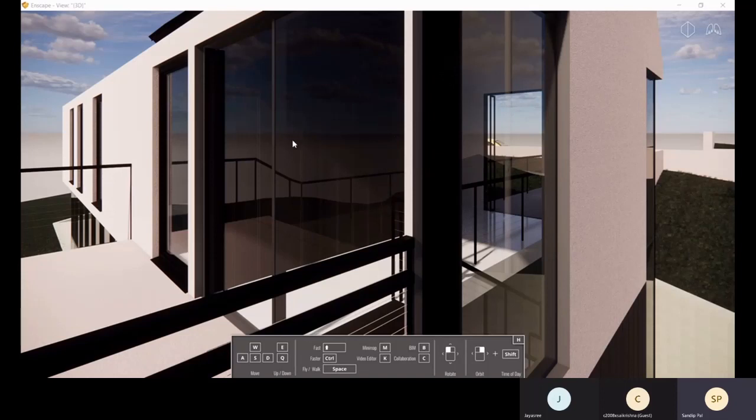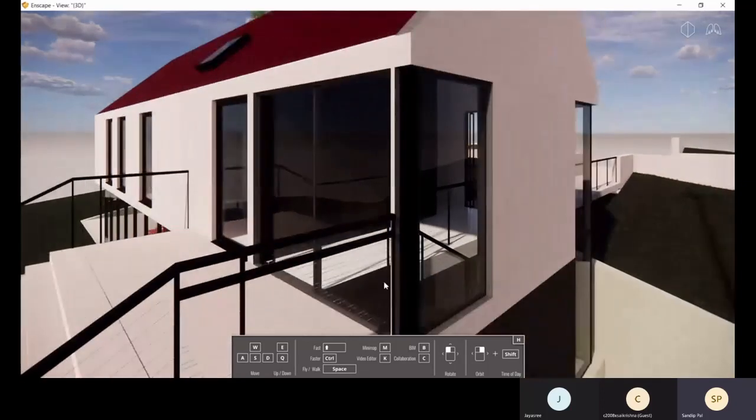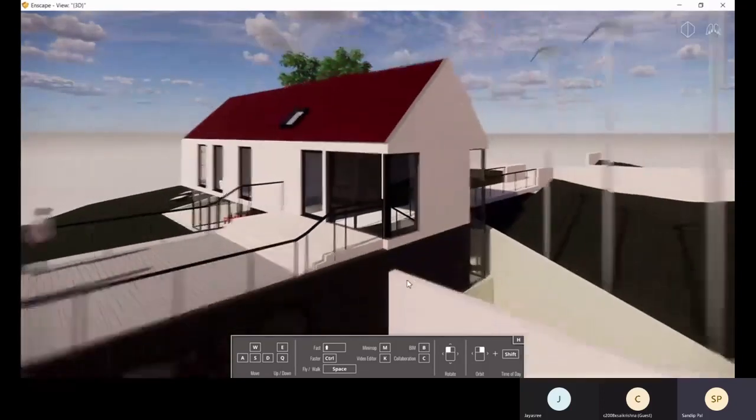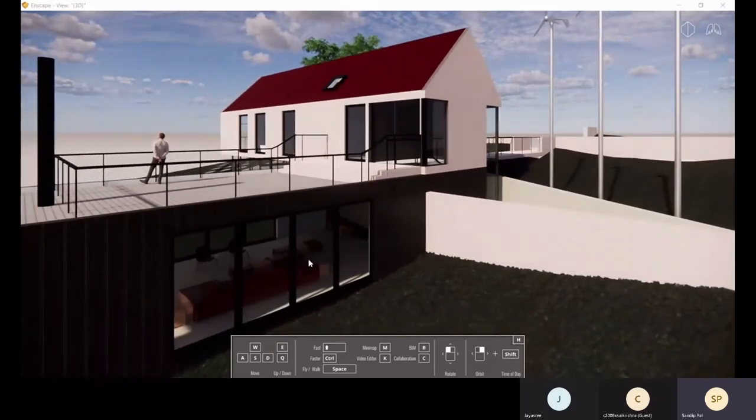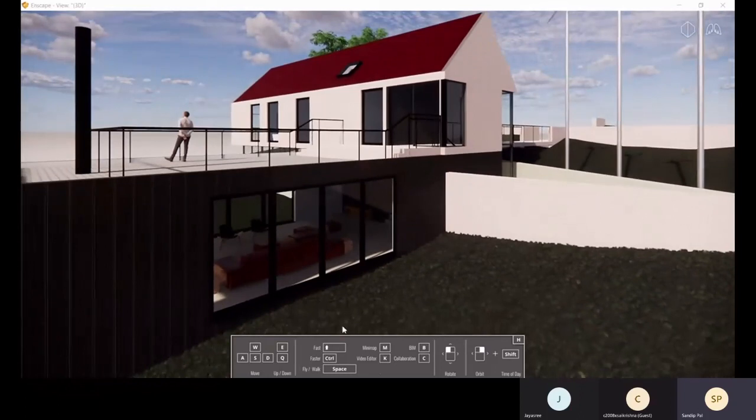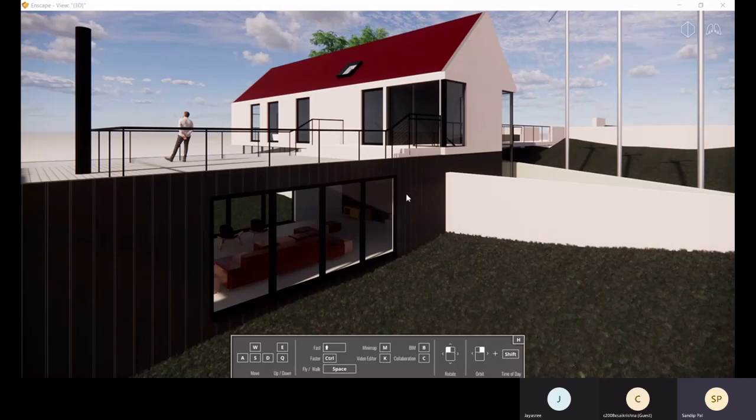Now let's see how we can take a screenshot, a still image. For that, let's go to Inkscape and set a particular view, and from here we can take our screenshot. Okay, so if you want to change the time, hold right click and shift.